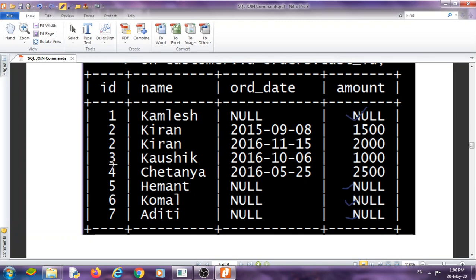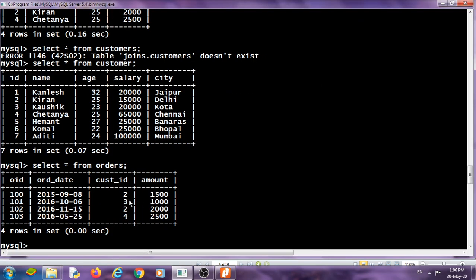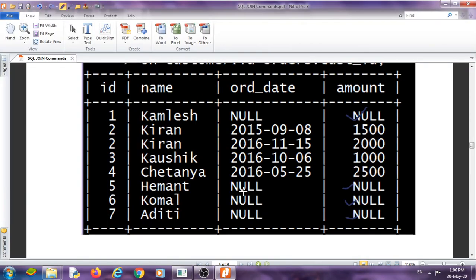And 3 is also available, 4 is also available, but 5, 6, 7 are not available in the orders table, so that means there will be null values, right?